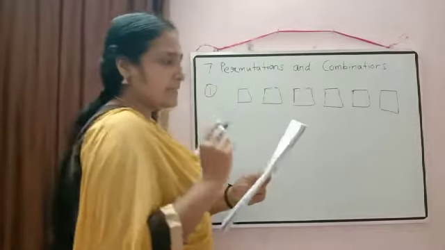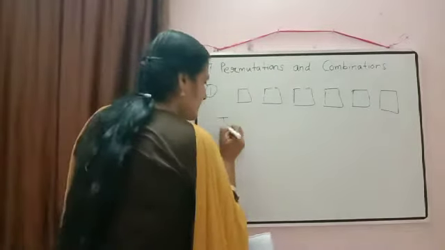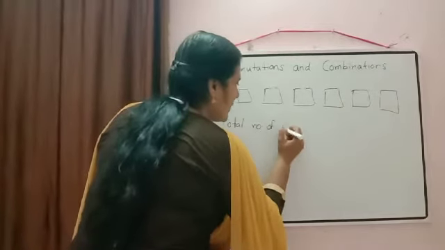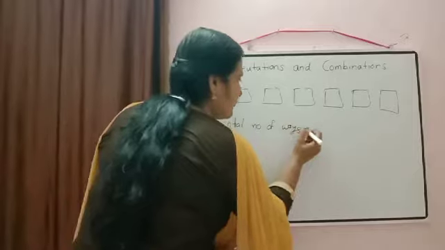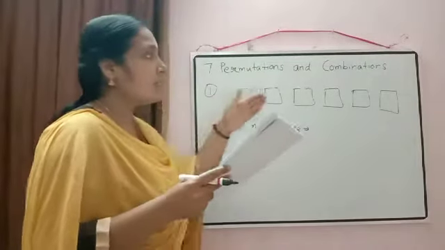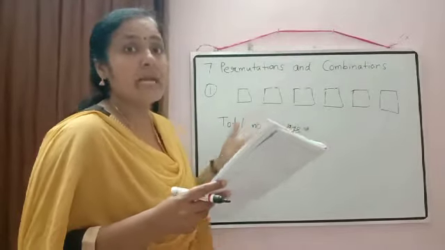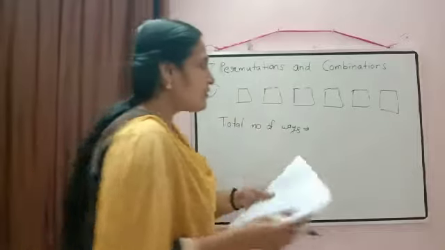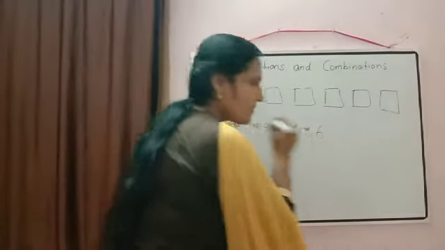So just write in this way. In how many ways it is asked there. You don't have to write any other step there directly. Total number of ways. So first, number of ways to enter the room there. How many doors are available for him? 6 doors are available for him. So number of ways of entering is 6.